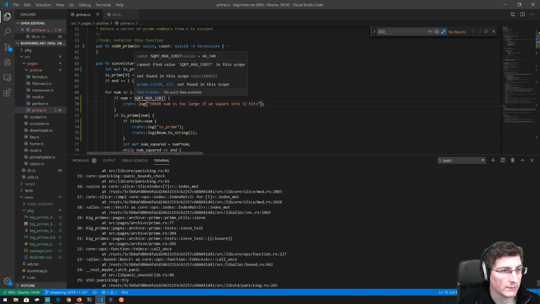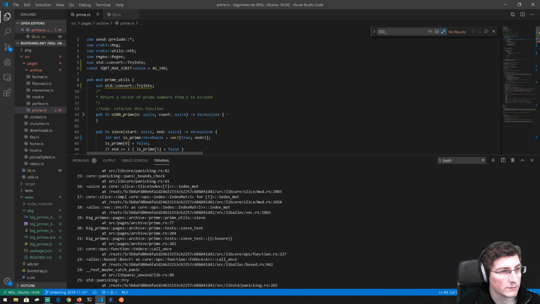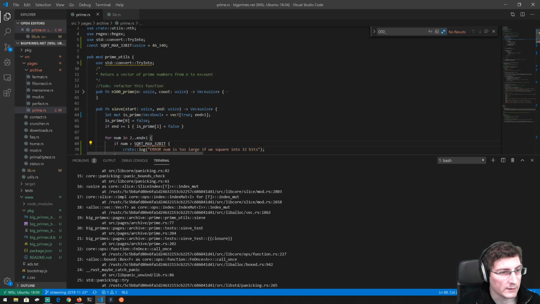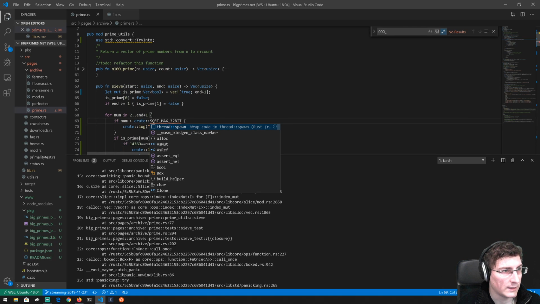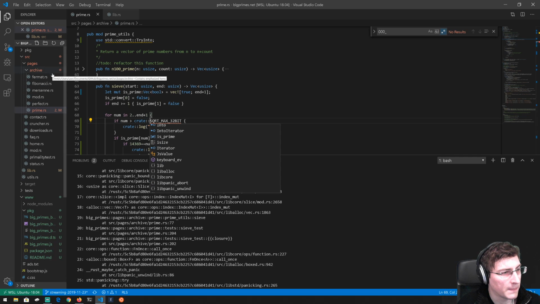Cannot find value square root 32-bit max. It's because I'm inside the module. In which case, do I need to specify crate? And then do I have to specify some other stuff? Maybe I have to then specify